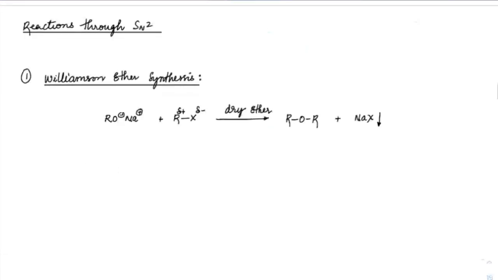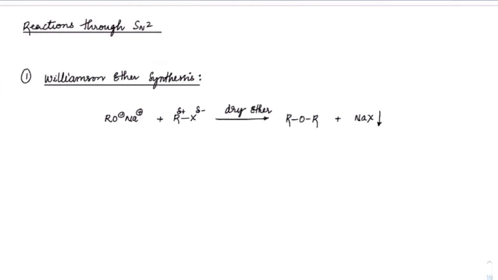Let us go through this. What are the typical reactions of SN2? These are all the applications which we are seeing right now. Now these are all the examples in the alkyl halide and alcohol chapter. So let us go one by one. First is Williamson ether synthesis. How ethers are being prepared, right? It is one of the important applications of SN2.